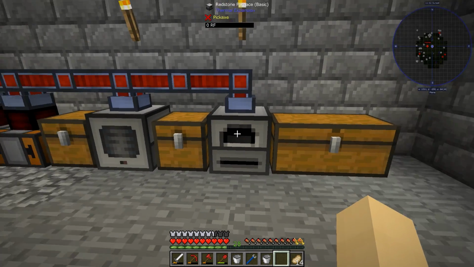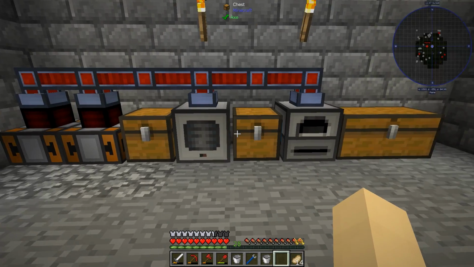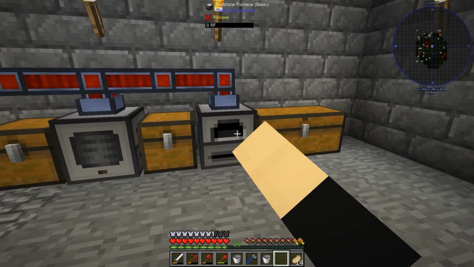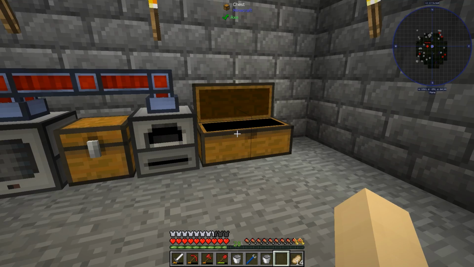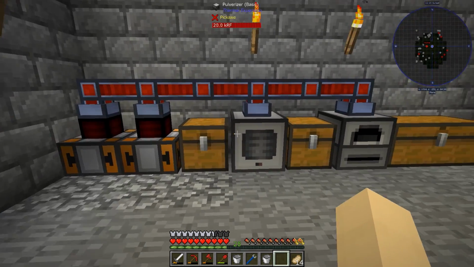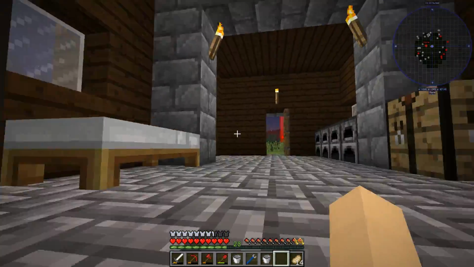to the right. So basically anything that we put into this chest will get sucked into the pulverizer, which will then go to the middle chest and get automatically sucked into the furnace for smelting, and then output to this big double chest over here at the end. So this is essentially an automated ore doubling setup. So now,